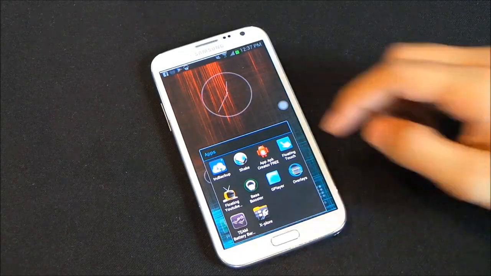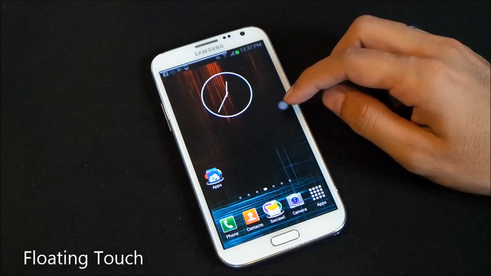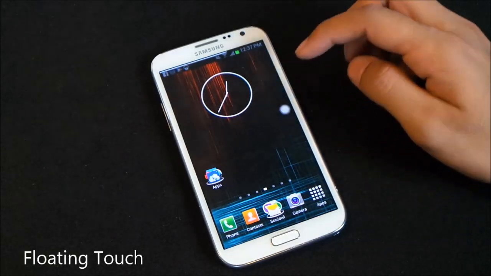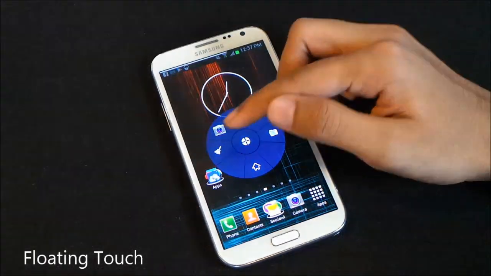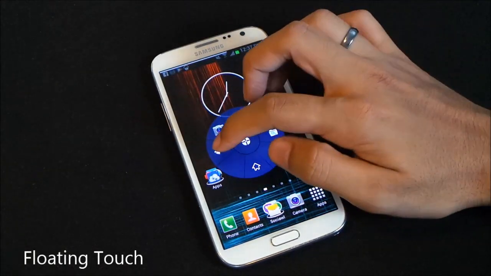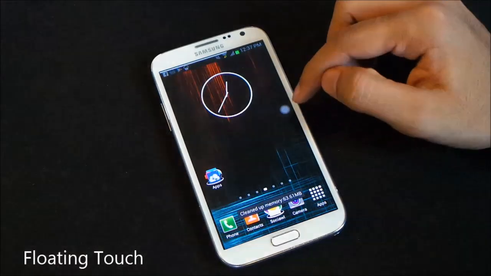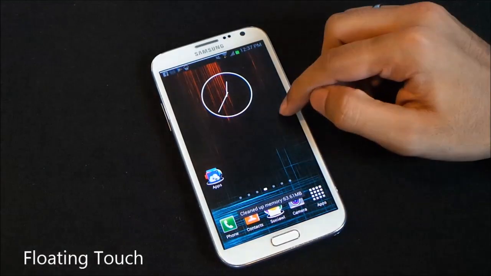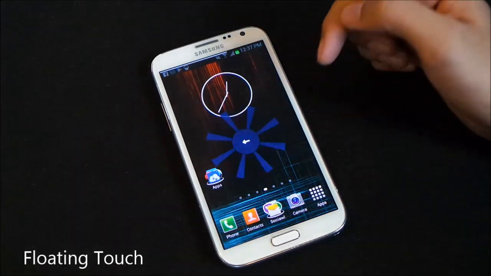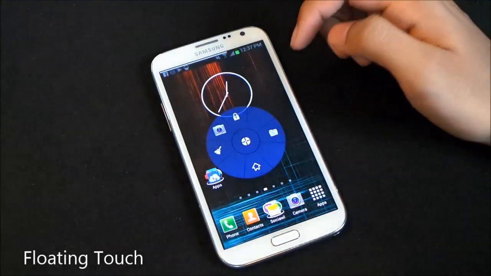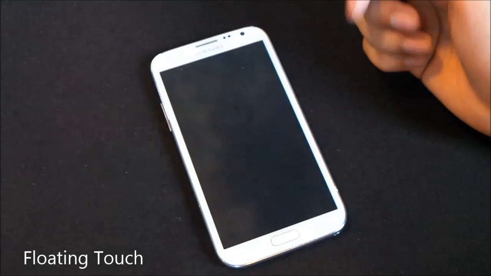So the next one here is the floating touch. So this is what you get. This is the floating touch floating on your screen. If you tap it, you'll get this UI, so that you can do certain actions. Say for example, you can clear your memory, and you also can get to your home screen. If you are on any other home screen, you can access your toggles from here. You also can lock your phone like this,